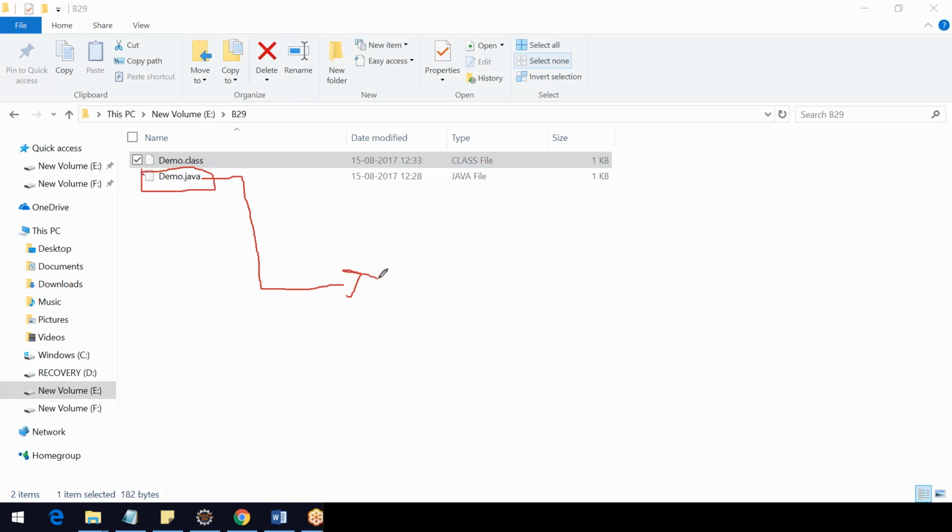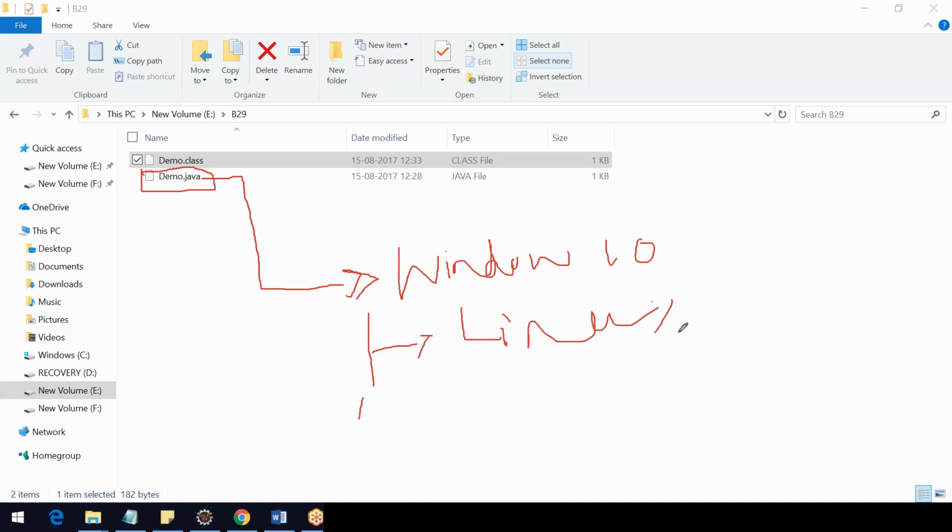Demo.java. Say I'm writing it on a Windows 10 machine. They will say once you write Java code on any machine, you can run that code on any platform. Maybe it is Linux or Mac OS,